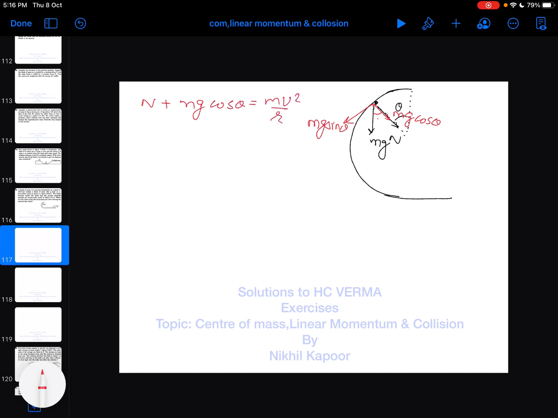But as we know very well, as it is losing the contact from this position we have assumed, the normal reaction must be 0 because there is no contact. And this comes out to be mg cos theta equal to mv square upon r. So this m gets cancelled and our v comes out to be under root rg cos theta. So v is the speed where it is losing the contact. While we know that the speed with which the system is going over the circular track is root 7 meter per second, where it is leaving it is v meter per second, which is under root rg cos theta.